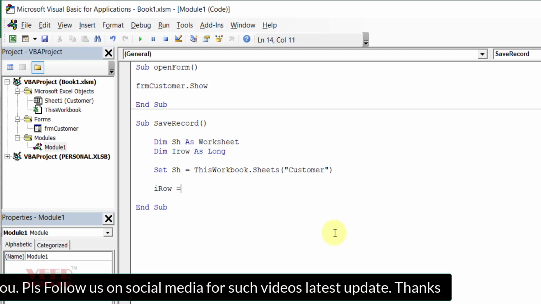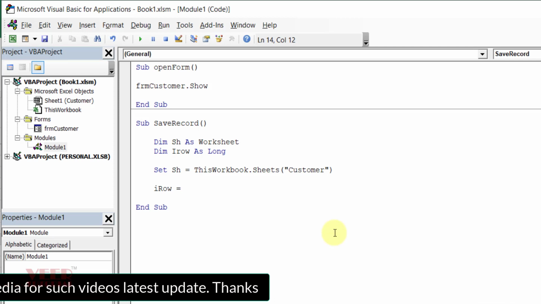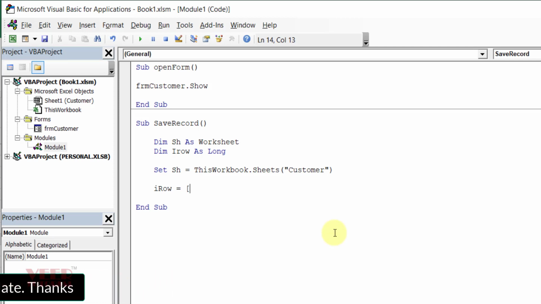So iRow equals to, we will use the CountA function of Excel. So I will explain, just wait a minute.